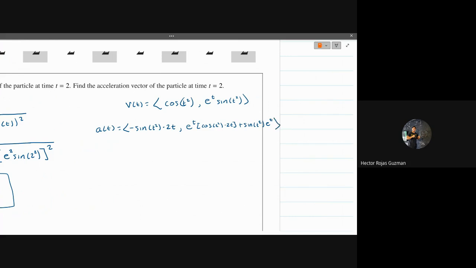And then we plug in the 2. A of 2 equals negative sine of 4 times 4, comma, e squared